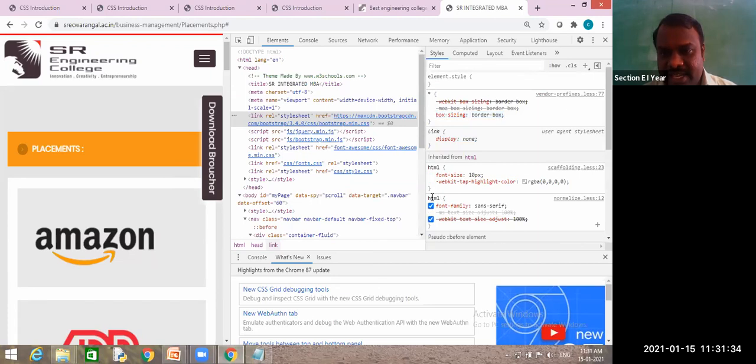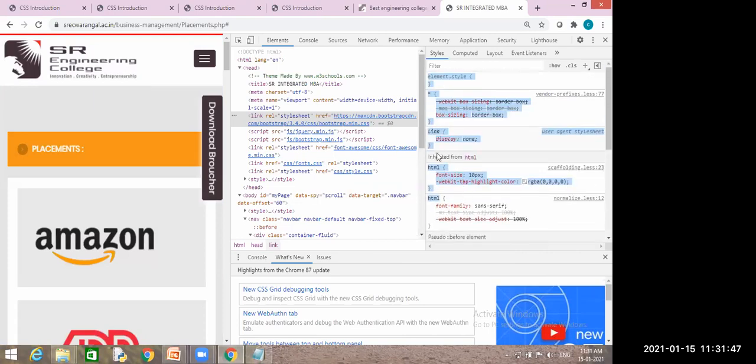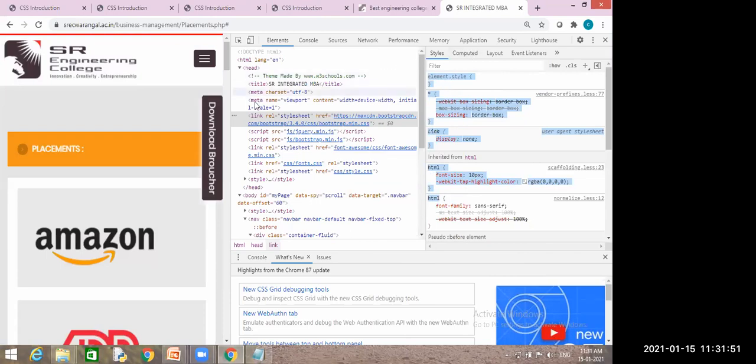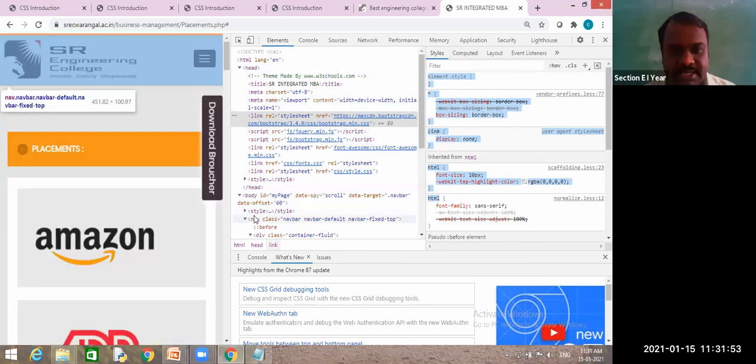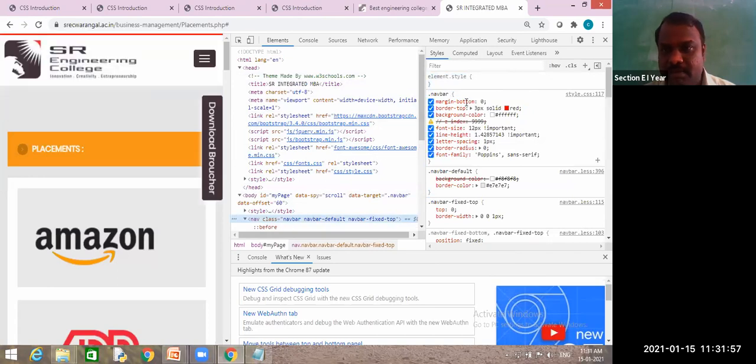And see, HTML means the entire HTML page, or not? Can you see these elements? Yes, sir. Link, HTML element style, and when I click somewhere else, this NAV, the navigator bar: margin, border, border top, font size, line weight, line spacing, font family.